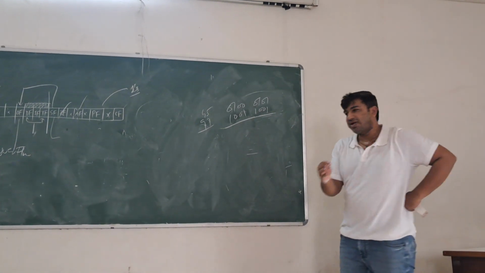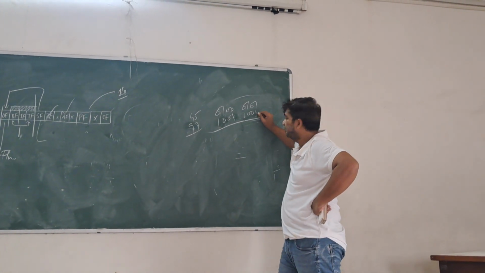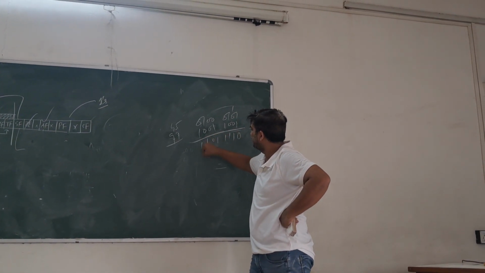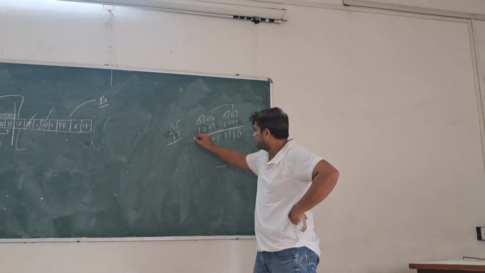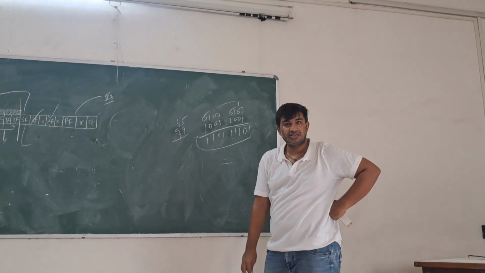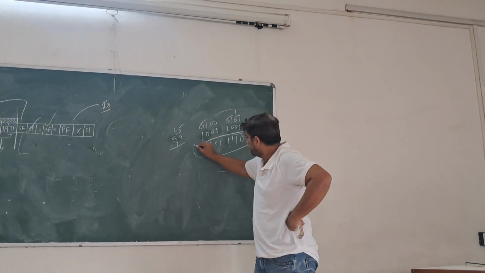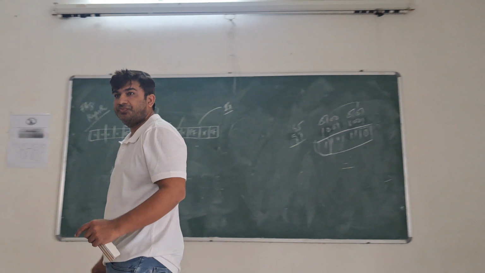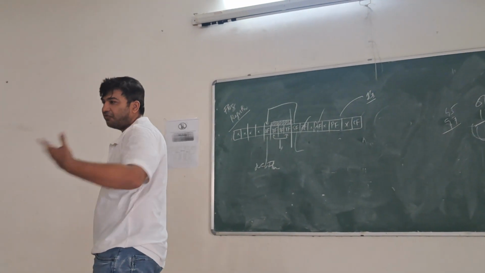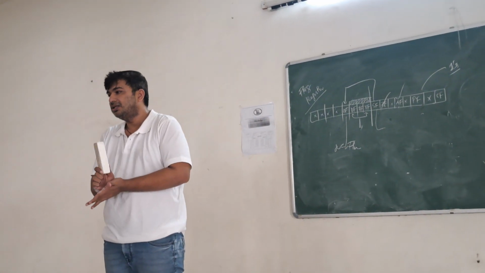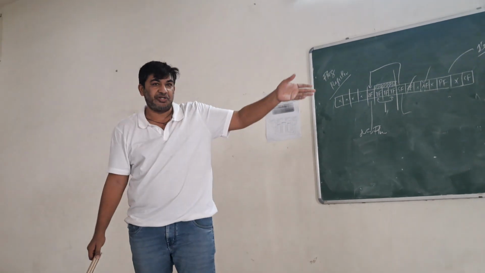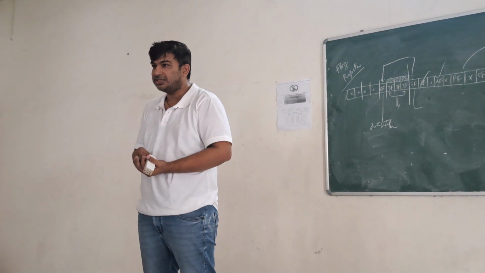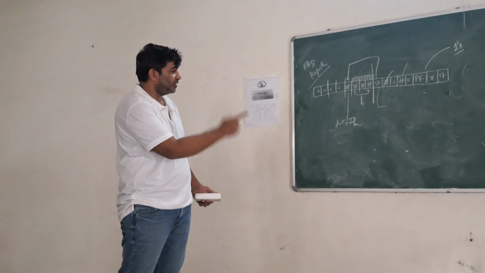Yes. Now I want to add these two numbers. 1 plus 1. 0 1 1 1 1 1 0 1 1. Yes. This is my answer. This number is 1. So what is my sign flag? 1. So by default you can say that your answer is negative. But you are adding two positive numbers. Can your answer be negative? No, not possible. Yes? Then why are you getting a wrong answer?